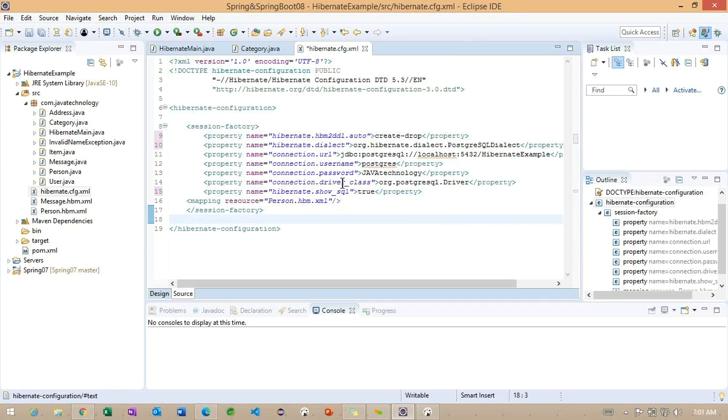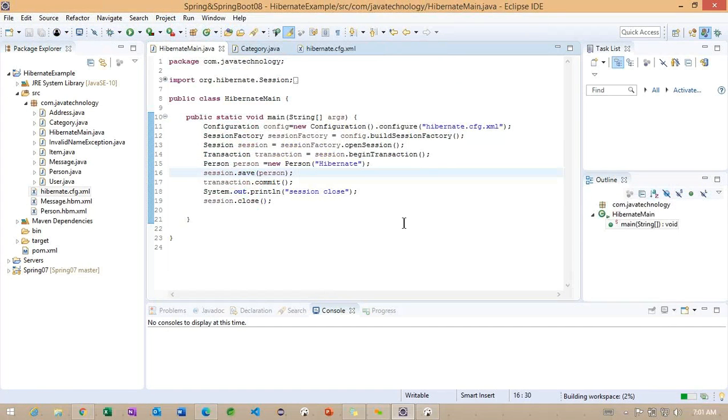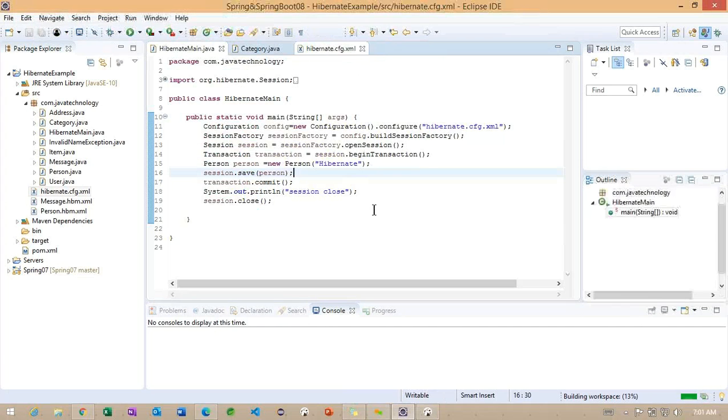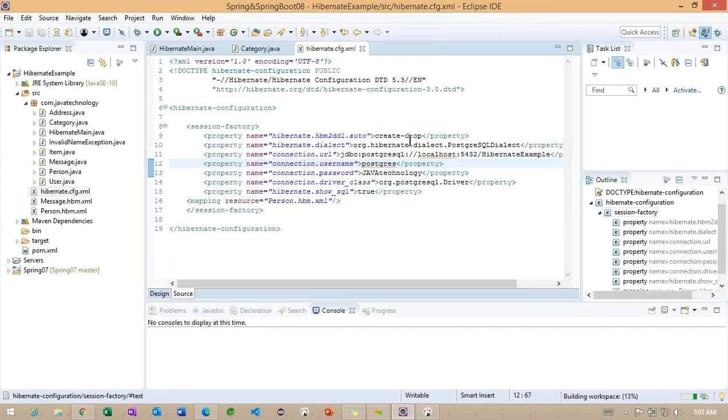Now the remaining driver class, username, password, URL, these are related to the database. Getting the point? So we'll save here. We'll go back to the same example which we used earlier, and before going to run, what I need to do here: we specified it as create, and I'm going to use one more, the default schema.